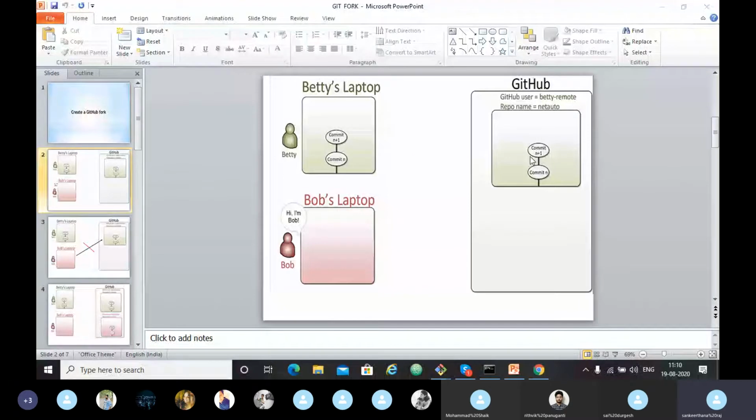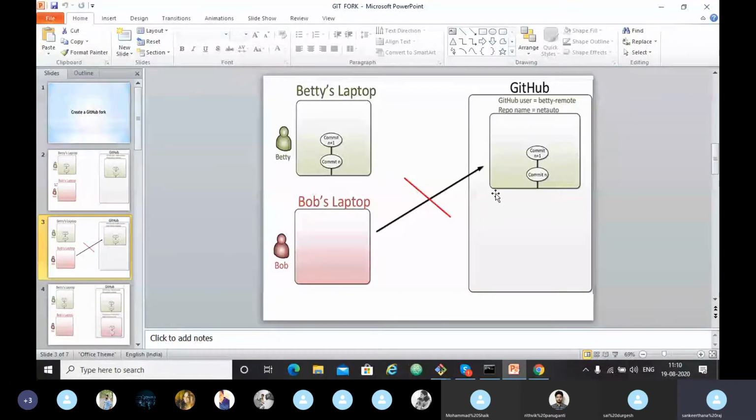So what we will do is we will create a fork, which is a copy of the same repository in the GitHub account. This is my repository and we will have another copy of it, which is called a fork. So that he can have access to this fork.